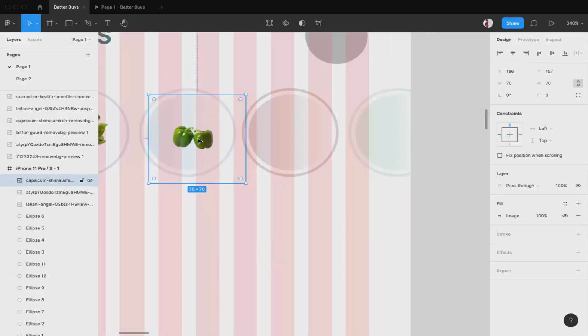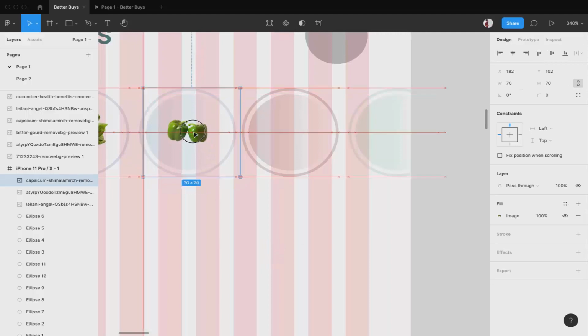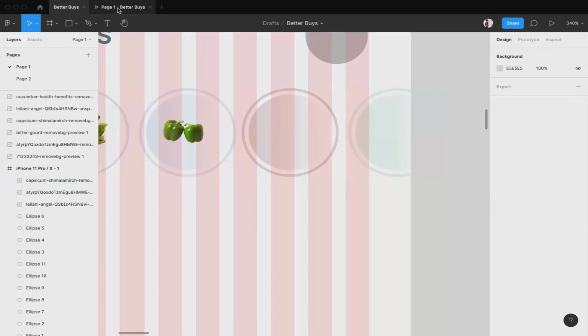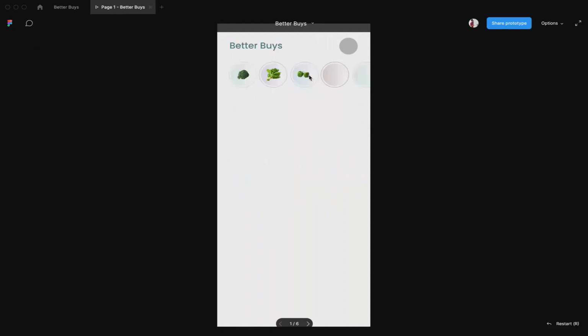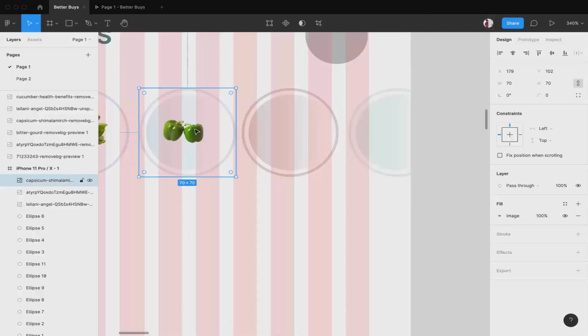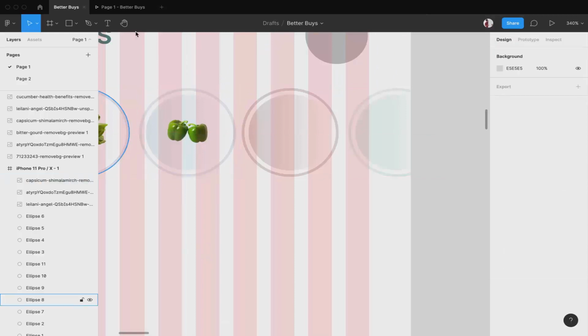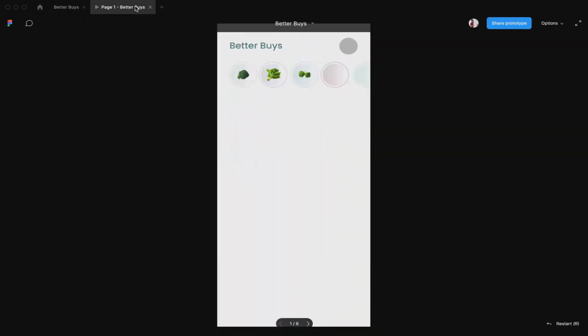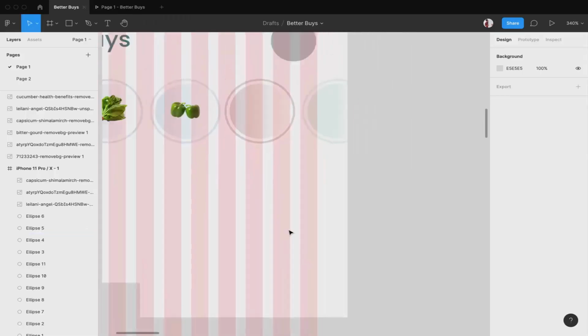Okay, now I need to align it in the center. That is a very important thing. Okay, so now it is in the center. But if you look closely, there is a little bit of space over here compared to the left side. I'm going to push it a little bit over here. Now, although the image is not in the center, it feels like it is in the center, and the feeling is more important. Okay, so this is done.